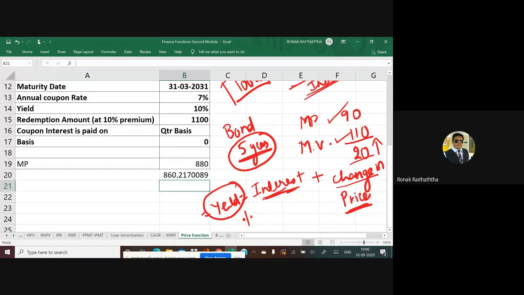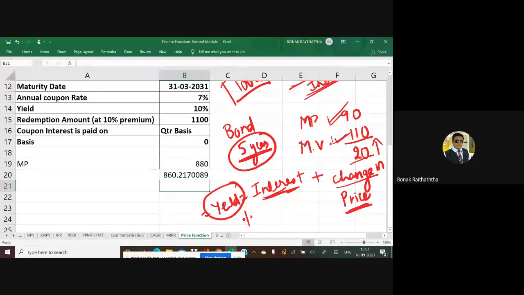So for a bond, you cannot say that only the interest rate is the rate of return for you. In a fixed deposit, if you invest 1 lakh rupees, after 5 years only 1 lakh rupees would be given to you along with the interest, right? In other investment avenues, there is no difference between the market price and the maturity price, but that happens in the bond. When you purchase the bond, it might be available at a different rate, and when the bond matures, when the life of the bond is over, something else would be given to you.